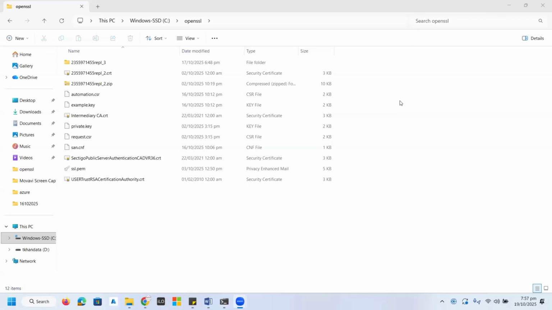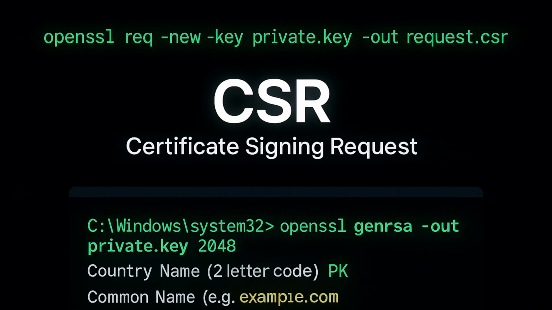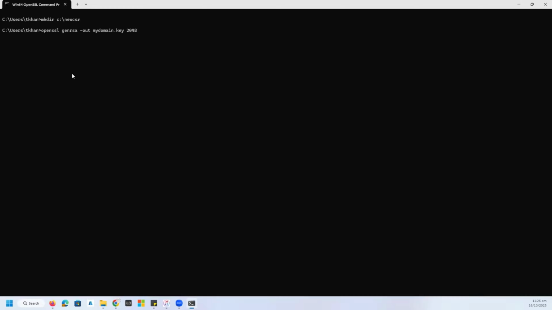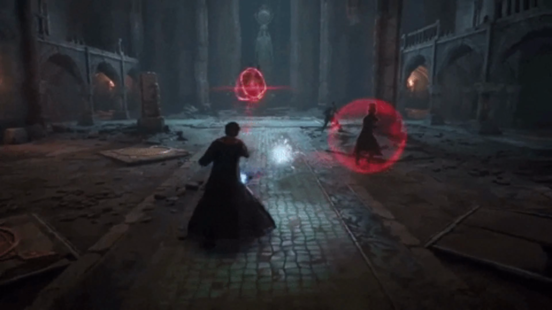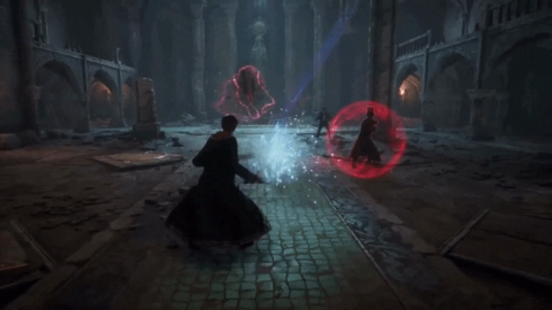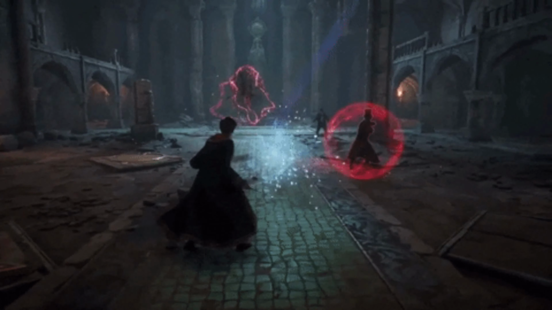Now, if I talk about the CSR, we have two major commands. The first one is OpenSSL genrsa, with which we can create the private key, because OpenSSL does not recommend creating a CSR request without a private key. With this private key, you can secure your SSL certificates from hackers, spyware, malware, and intruders.